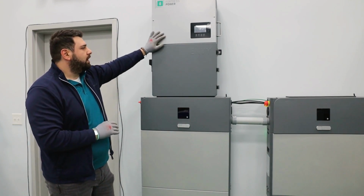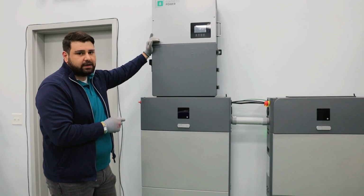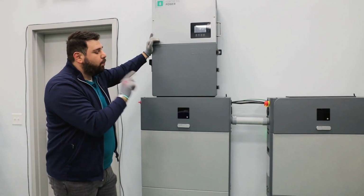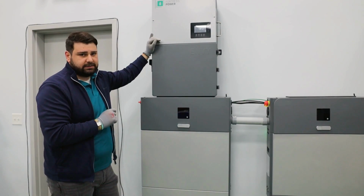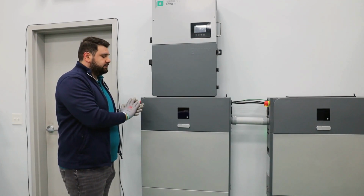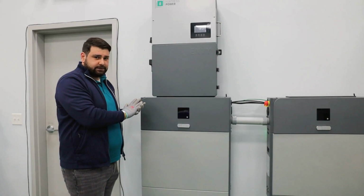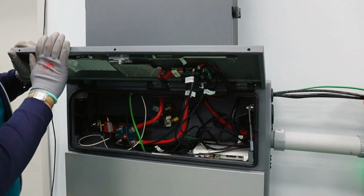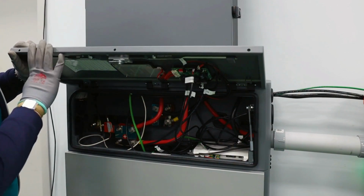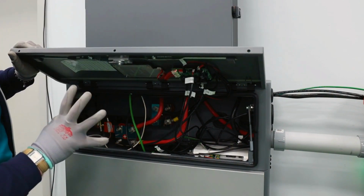You see we have one Envy True12 inverter, we have one eForce unit, 9.6 kilowatt hours, i.e. 2 eForce modules in it. And parallel to all this is one 9.6 kilowatt hour eForce. Let's open the first eWay and let's see what is inside, how such interconnection is established, both in terms of communication cables and power cables. This is what it looks like. Again, this is a lab setup. That's why there are cables that are too long, there are cables that are extra, but in any case, this